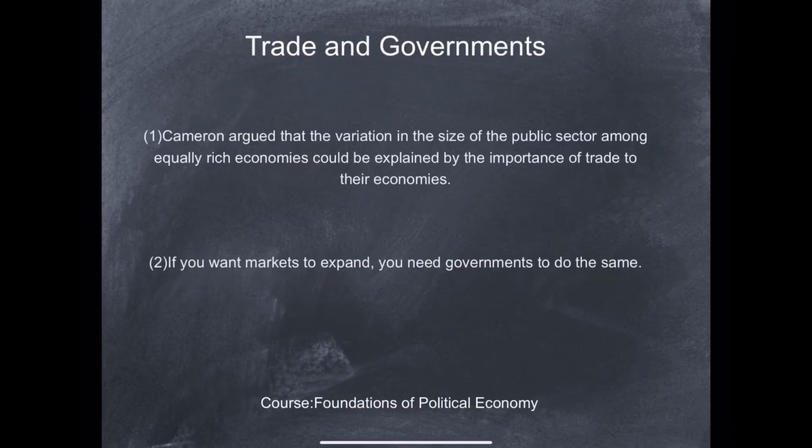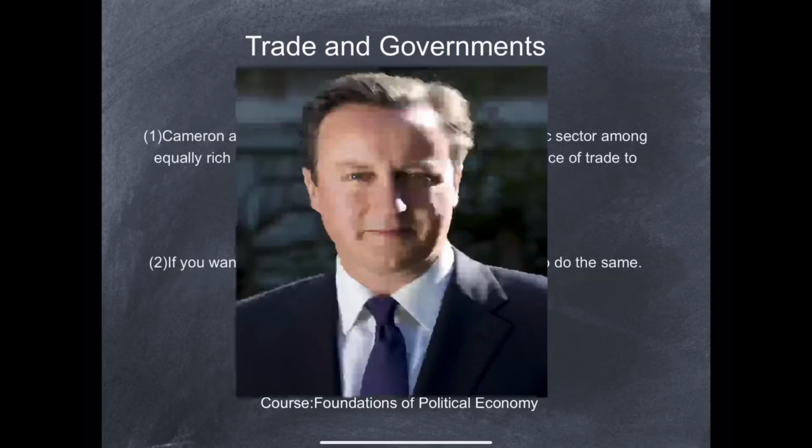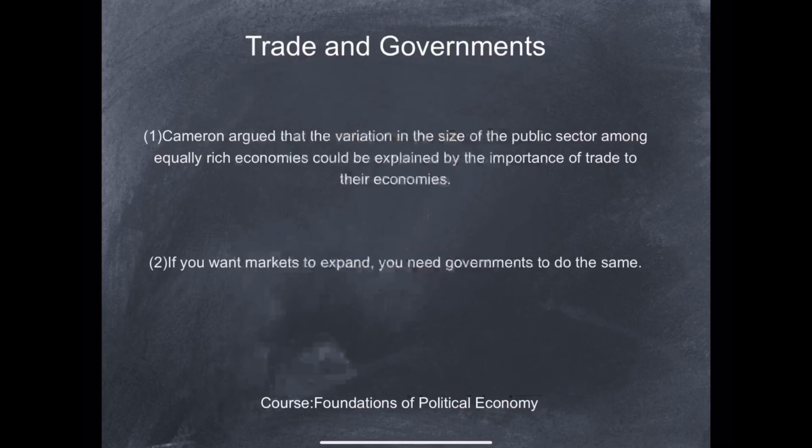About trade and government, David Cameron argues that the difference in the size of the public sector between equally advanced economies can be explained by the importance of trade to their economies. There is a stronger positive correlation between a country's share in international trade and the size of its government. This correlation is tied to the social insurance motive. People demand